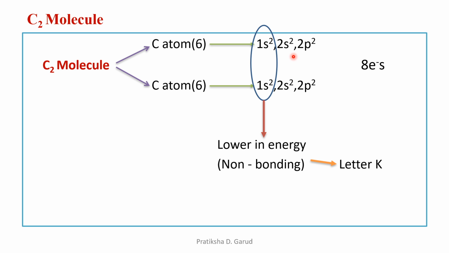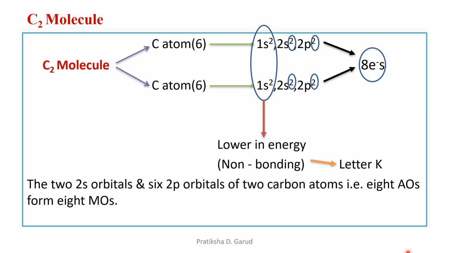Now from the first atom, we are having the 2 electrons and the 2 electrons, total 4 electrons. Similarly, from the second carbon, this 2 and the 2, again they are 4. So these 4 plus these 4, total we are having 8 electrons, and these 8 electrons of the carbon molecule are used in the filling of the MO energy level diagram, right? So from this we can say that there are 2 2s orbitals and 6 2p orbitals of 2 carbon atoms. That means there are 8 atomic orbitals, and as there are 8 atomic orbitals, they should result in the 8